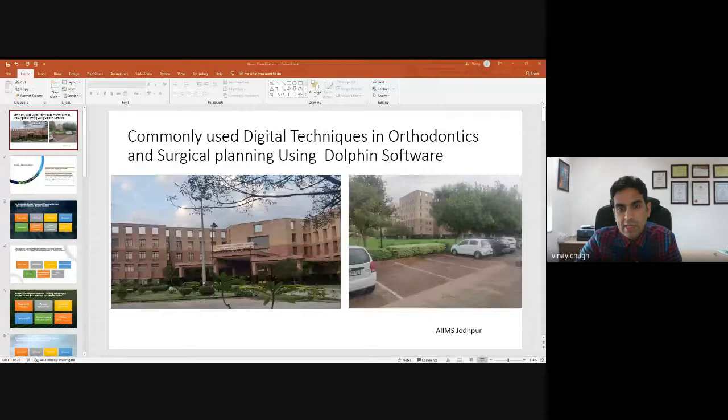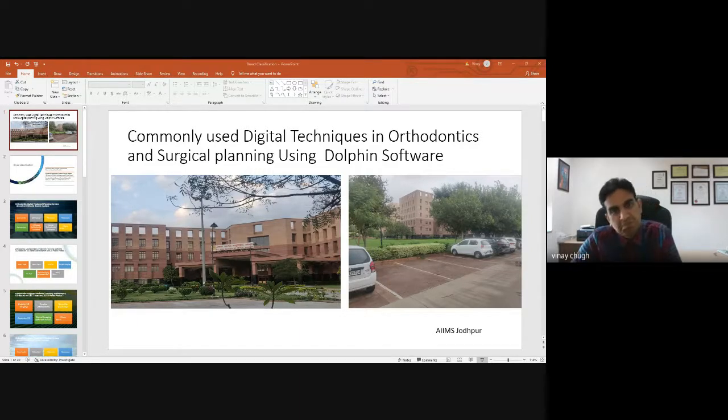Every software requires some input. The intraoral scan is primarily needed for the planning system in the models part, 2D cephalograms and photographs for 2D planning, and for 3D we need a CBCT scan. And if we have 3D facial photos, that would be very nice.